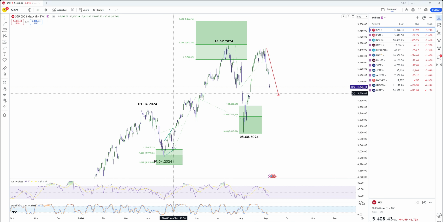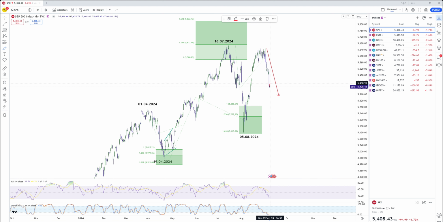Now, the S&P 500 SPX cash index, as we expected, we have explained over the last week that we were expecting to see a break to the downside. This is exactly what we are seeing. Potentially, we can see a little bit more downside right here, but soon we are going to get a corrective bounce in the market before anything else takes place.